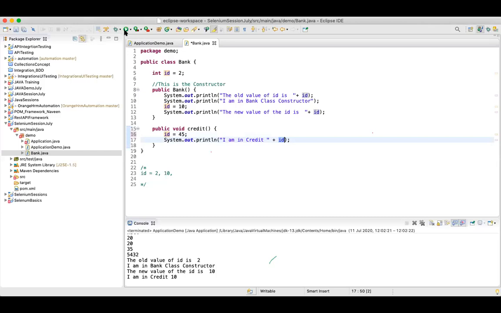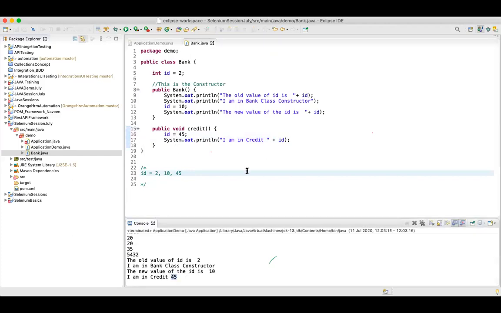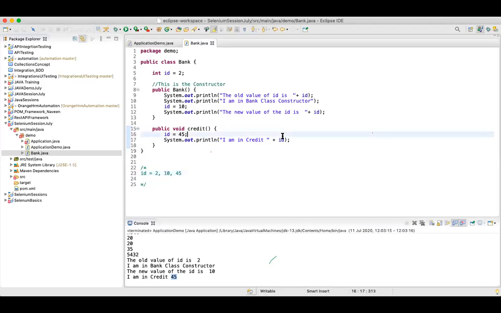Perfect. Because now the value of 10 is changing to 45. So it will always pick the latest value. For processing, it will always pick the latest value.